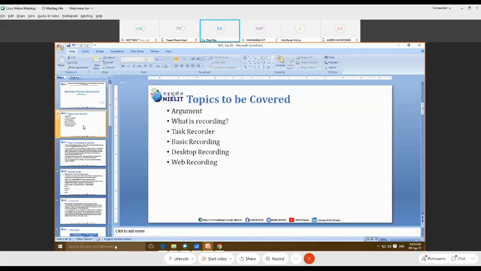And the argument has one specific property, the direction property, and based on that we can pass the data only within the same workflow file or outside the workflow file. So basically the argument has three directions: in, out, and in/out. We'll see one example of how we can pass the data from one workflow to another. I'm going to discuss this argument example, then we'll start with the recording.